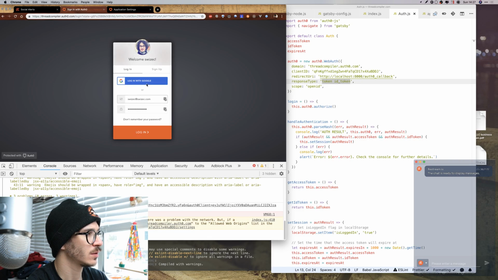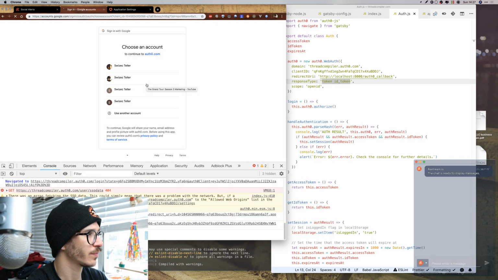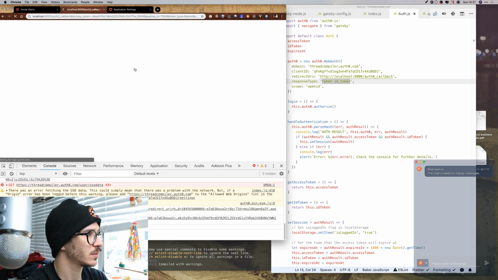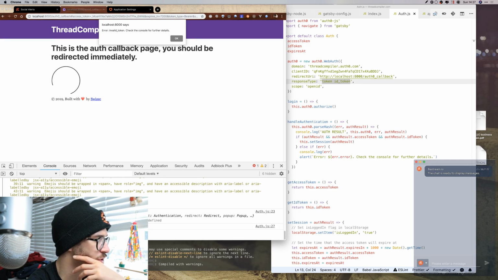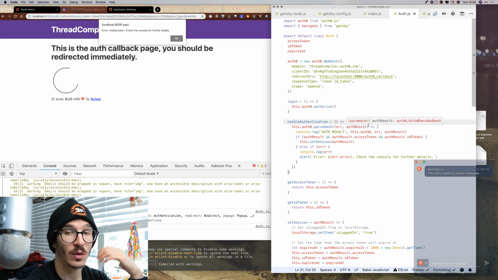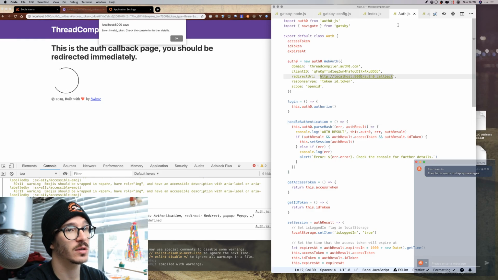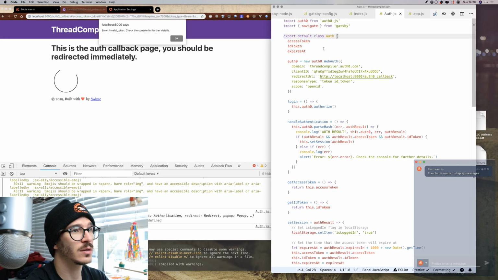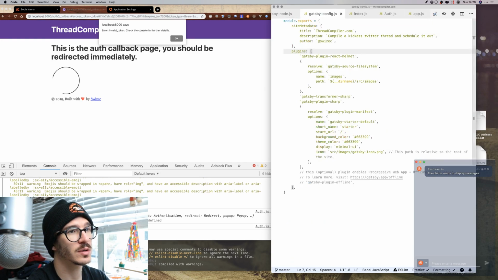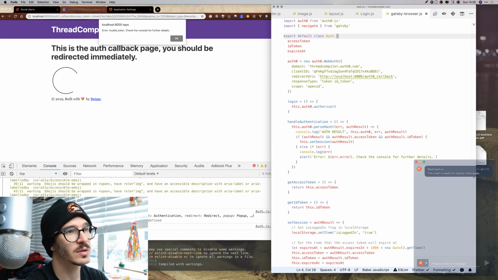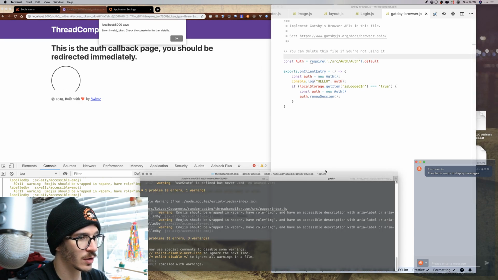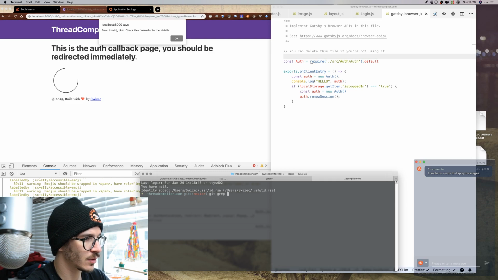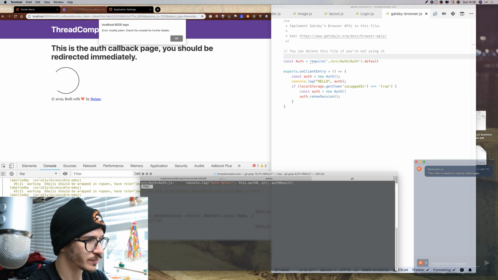So log in with Google, click, it gets through, comes back and says invalid token, state does not match. Cool. So we know we actually got an error, which is a good sign, surprisingly. Now, why is that a good sign? Let's see. Gatsby browser, no, not Gatsby config, Gatsby browser. That's this one, that console logs. So where are we console logging auth result? Git grep auth result. That is in